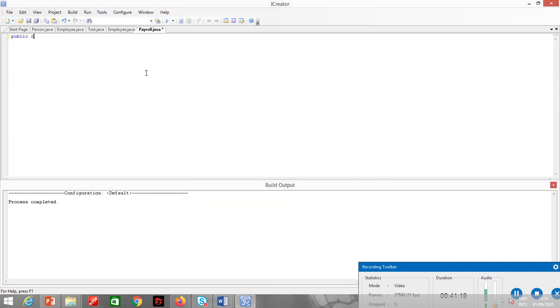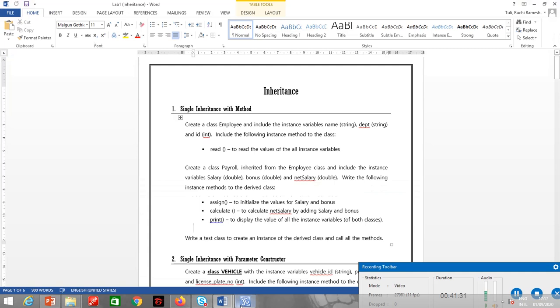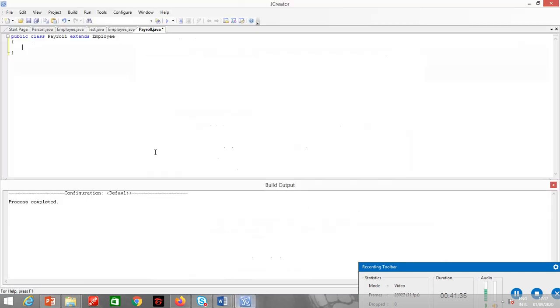So public class payroll extends employee. Then I have 3 instance variables, salary, bonus and net salary. All these are double: salary, bonus, net salary.